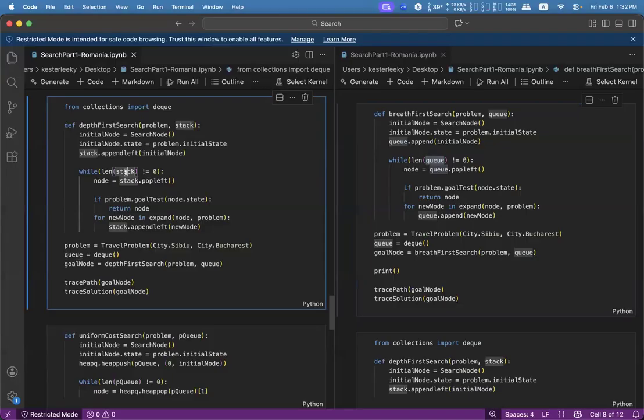So the so-called search strategy is actually implemented by using different data structures to keep track of which nodes should get explored first and which nodes should get explored later. Maybe you have been learning data structures like stack and queue, and I believe you have also learned priority queue, right?